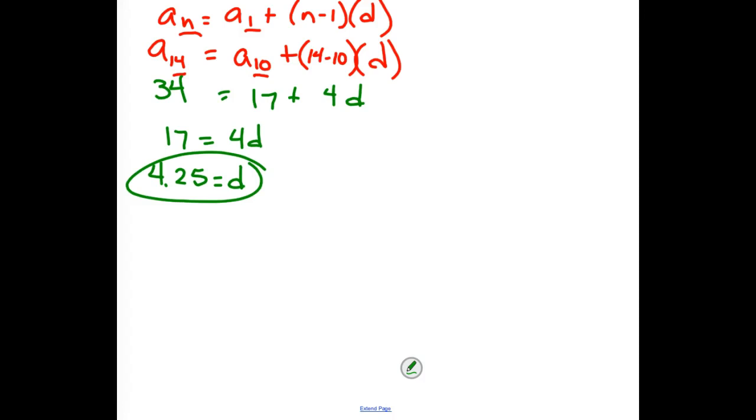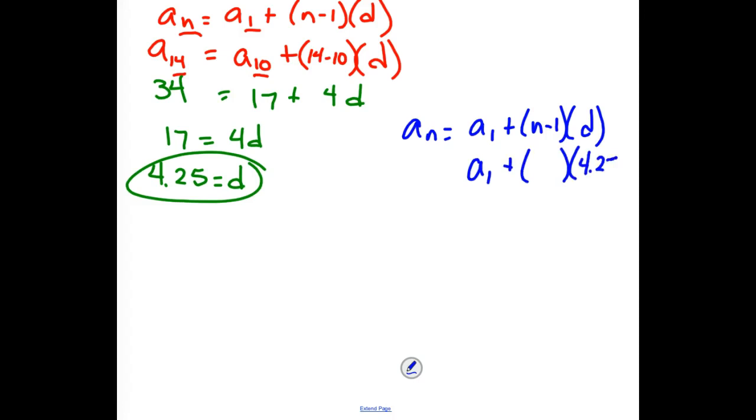So we're going to go back. a sub n equals first term plus n minus 1 times d. I am trying to find a sub 1. I figured out that d is 4.25. And for my answer over here, I can use either of the terms they gave me. I can use the 10th or the 14th. It doesn't matter. I'm going to pick the 10th one. It's a little smaller. Okay? So if I put the 10th term in here,